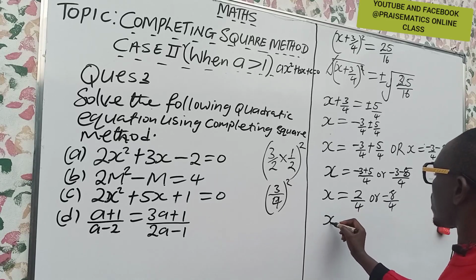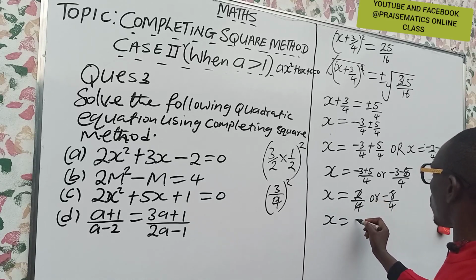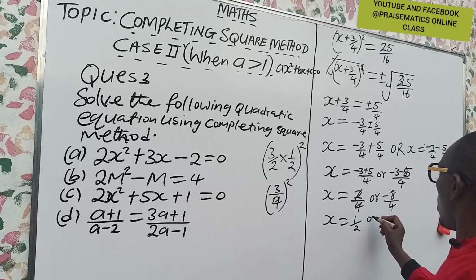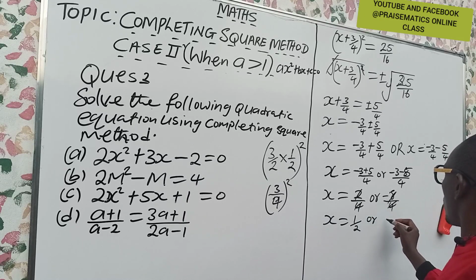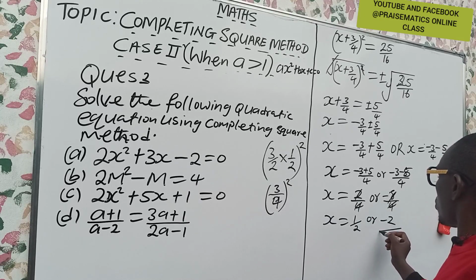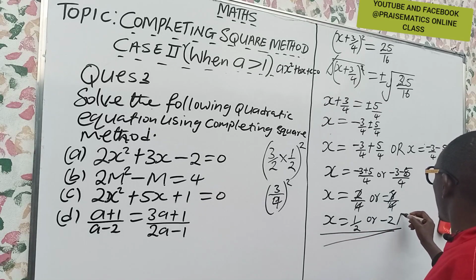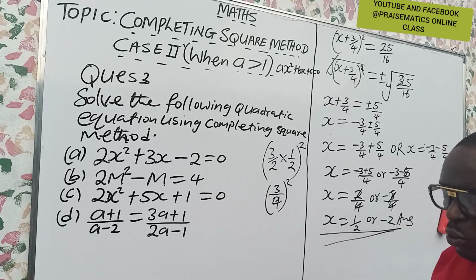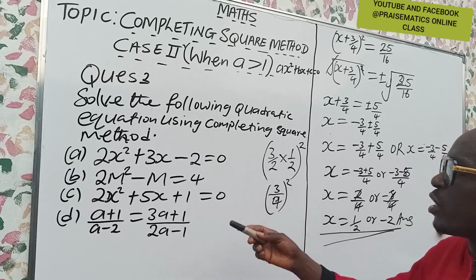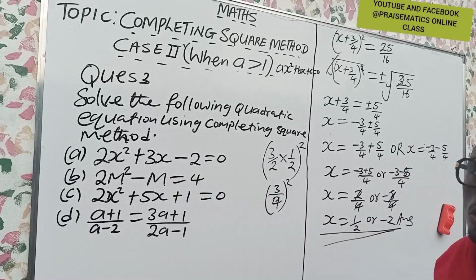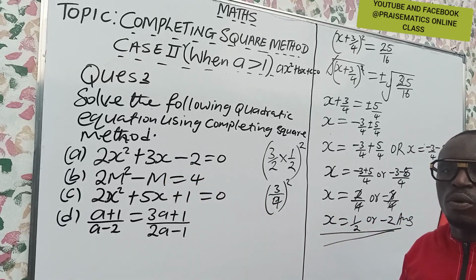Finally, our x is equal to, this cancels, 1 over 2, or x equals to what? Minus 2. So 1 over 2 and minus 2 are the solutions to this quadratic equation using the completing the square method